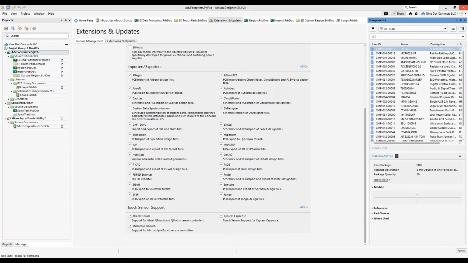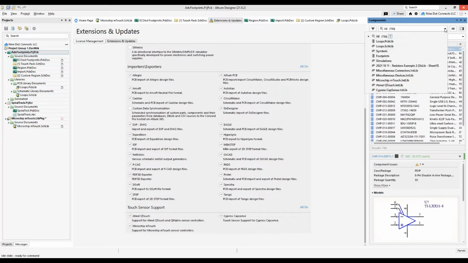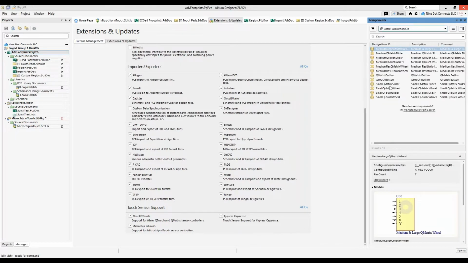So now that we have that installed over here, it's just a matter of going to your drop down in the components panel and then picking one of these here. So let me just pick the Atmel one just because it's where my cursor is. And these are the things that are available there. Okay, and so it's just a matter of opening up a,